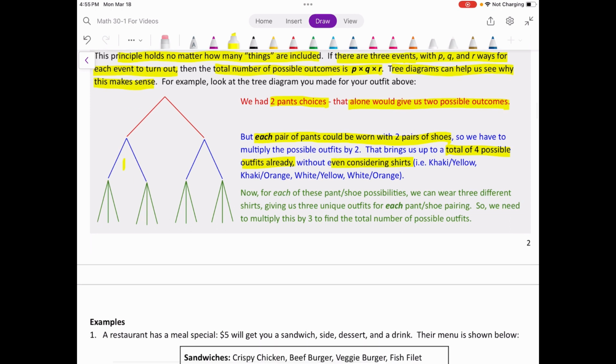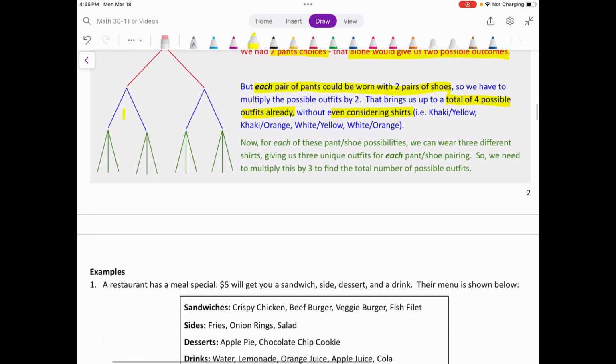And we can even map out what those 4 options are so far. We could do khaki yellow, khaki orange, right? Or white yellow, white orange, right? We went from just khaki and white to khaki with yellow or khaki with orange, and white with yellow and white with orange. Okay, and now the same logic, but we're going to have to multiply by 3 here, because